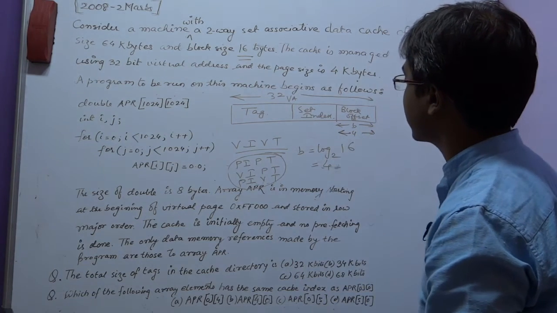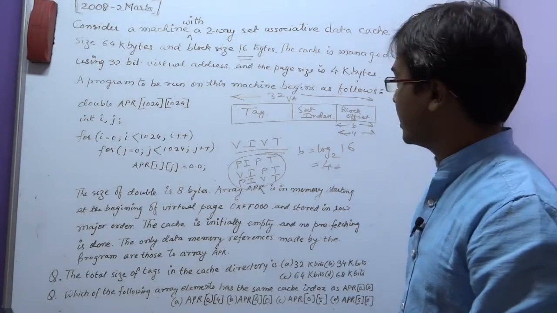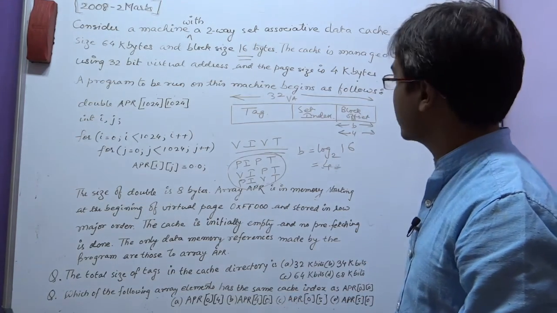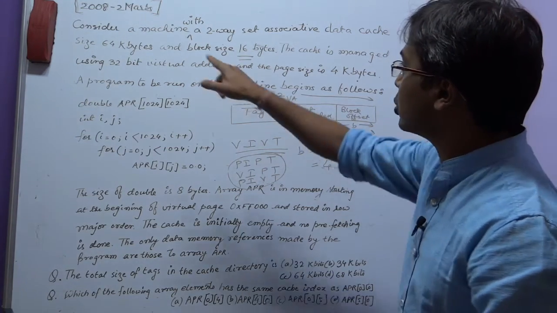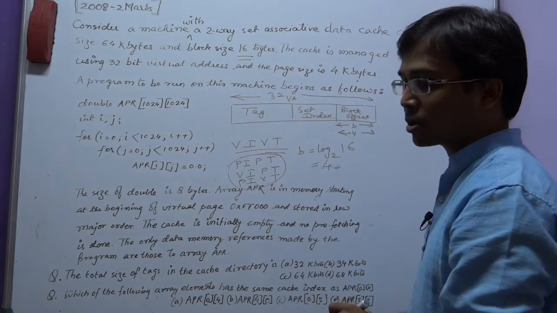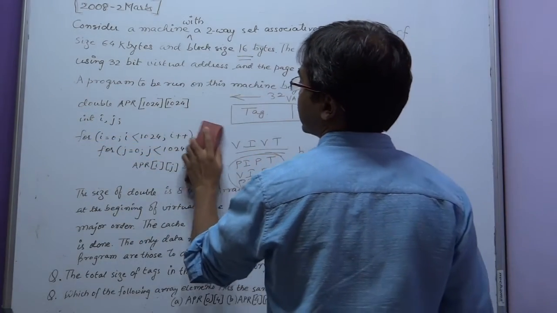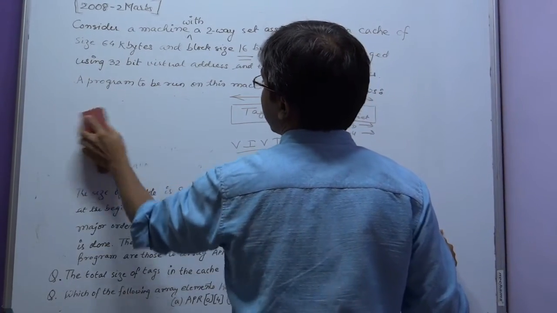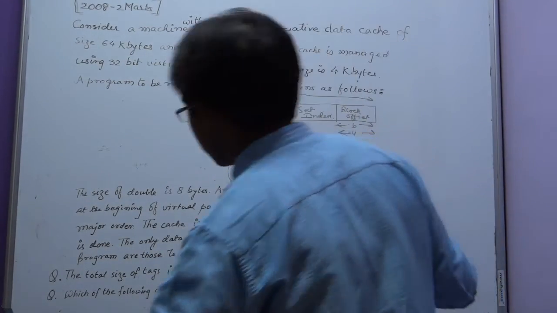What about the set index? For finding out the set index, we need to find out the number of sets in the cache. And to find out the number of sets, we first need to find out the number of cache blocks. The number of cache blocks can be found by dividing the total cache size by the block size. Let me rub this off because it is no longer required. Just remember that the array is 1024 cross 1024 and the access is in row major order.